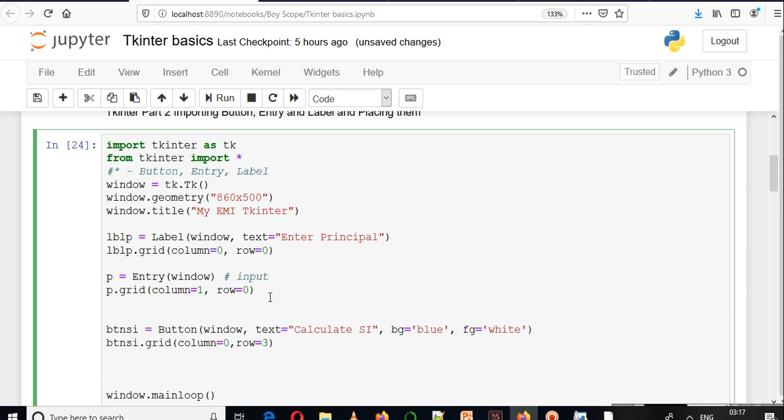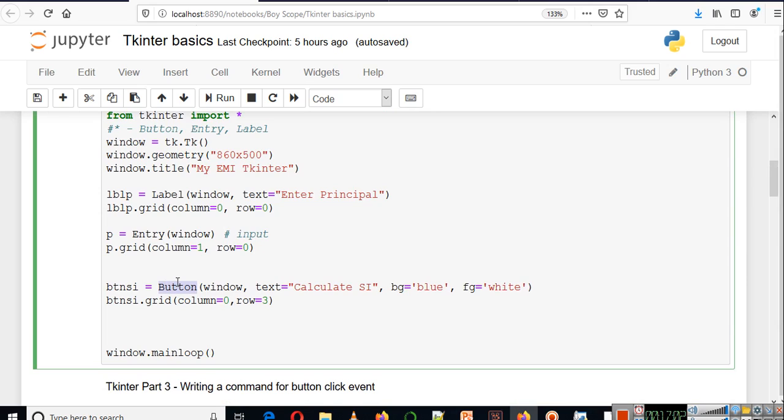Then we are creating a button here. I am naming my button BTN SI. Button is a class, so BTN SI is an object of the class Button, and here we have 4 arguments.